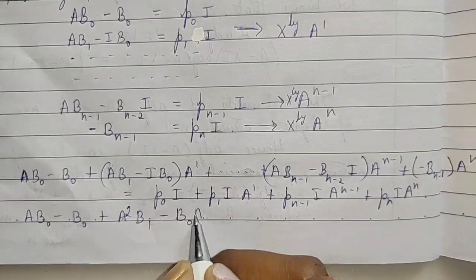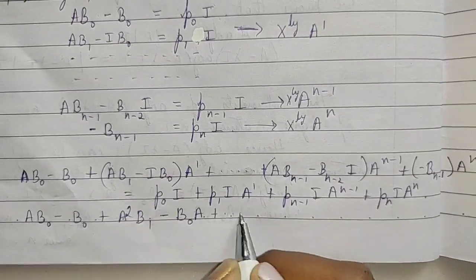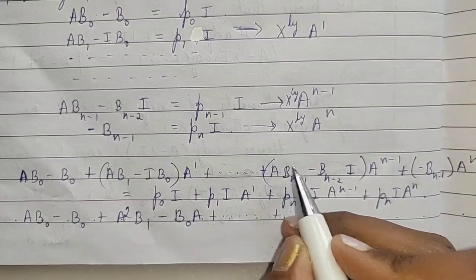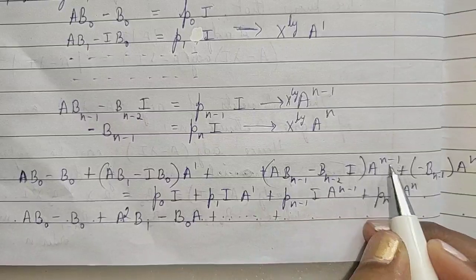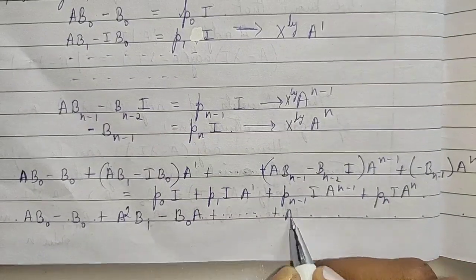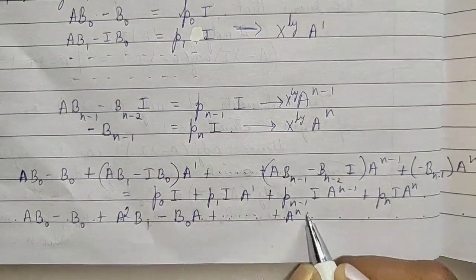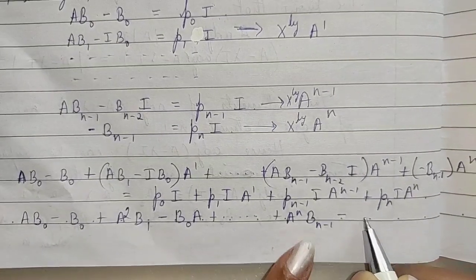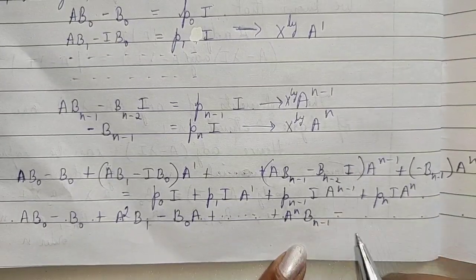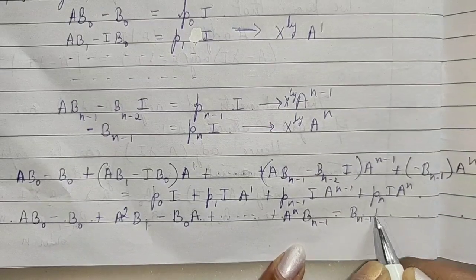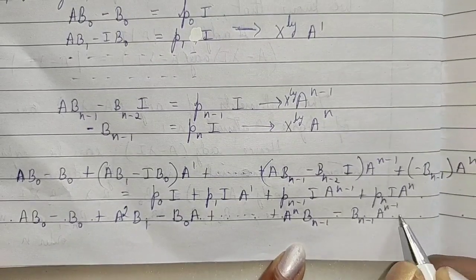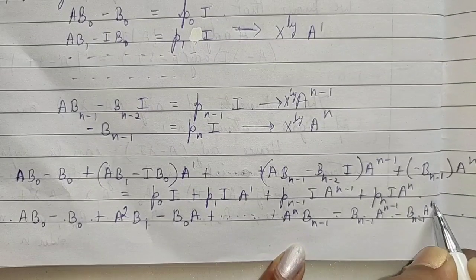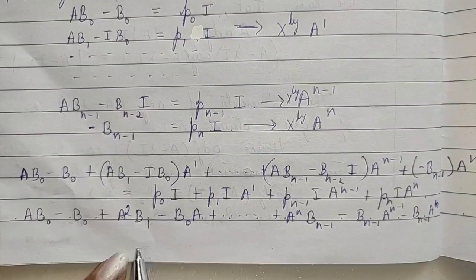Again A power 1 is nothing but A, right? We'll write it as A plus etc. plus A power n minus 1 into A, that is the power gets added up, that is n minus 1 plus 1 is A power n, B n minus 1, minus, this is into I becomes the same matrix, B n minus 1 into A power n minus 1 minus B n minus 1 into A power n is equal to